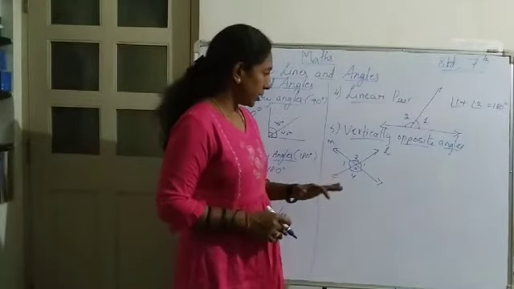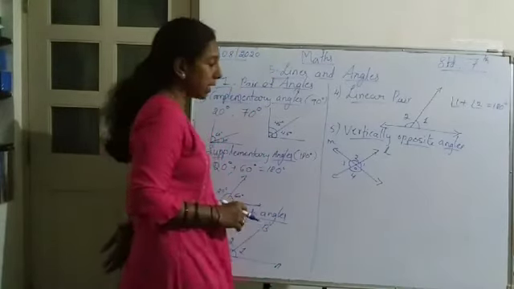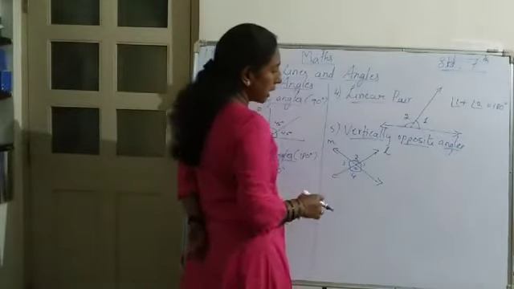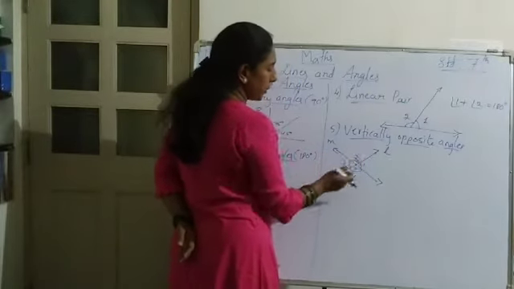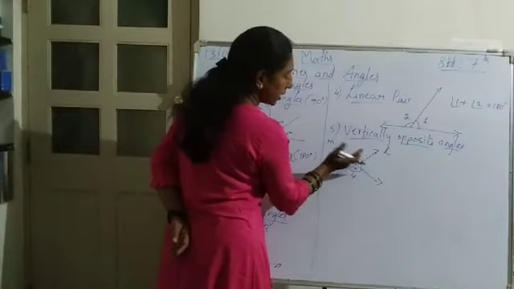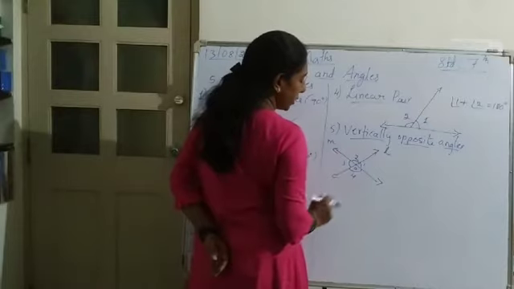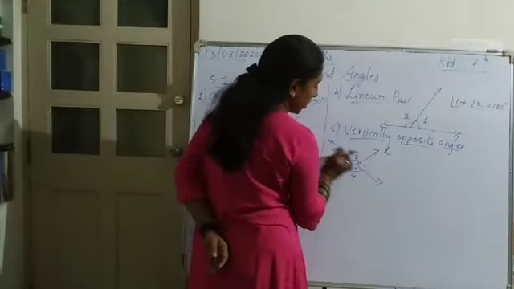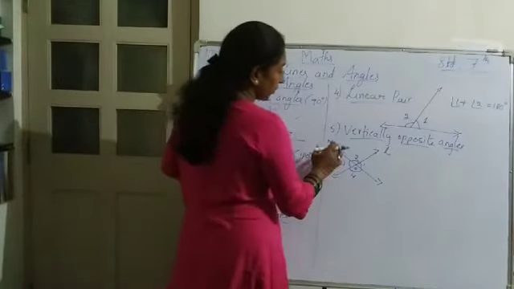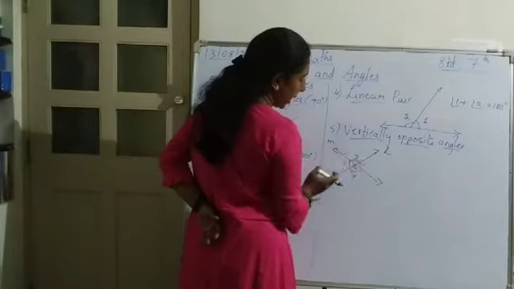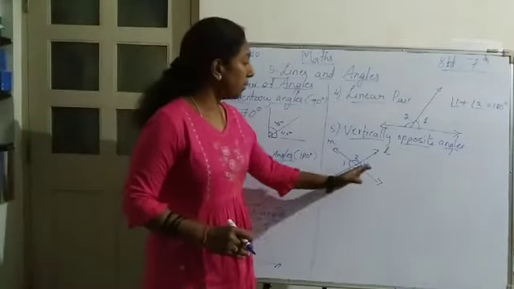Now by seeing that, we can see that angles 1 and 2 are called a linear pair. And 2 and 3 is also a linear pair because they are on the same line. If you add these two, also 180 degrees. And if you add 1 and 2, also 180 degrees. And 3 and 4 are standing on the line M, so 3 plus 4 is also 180 degrees. And 1 and 4 are on line L, so if you add those two, the sum will be 180 degrees, a linear pair.